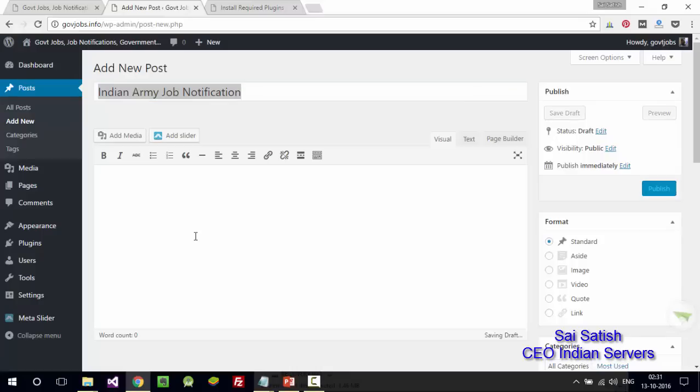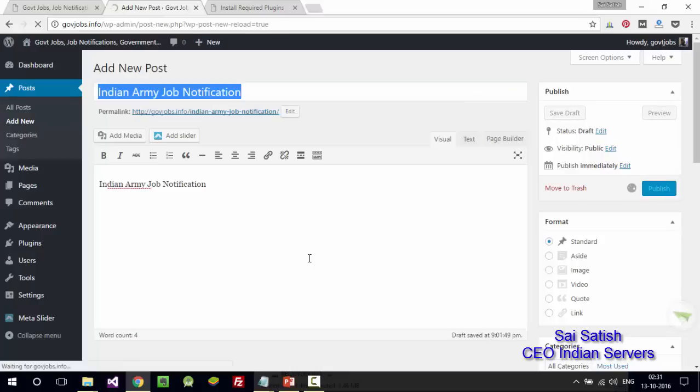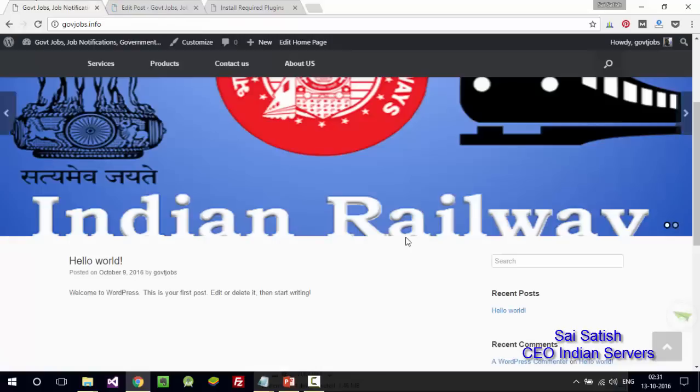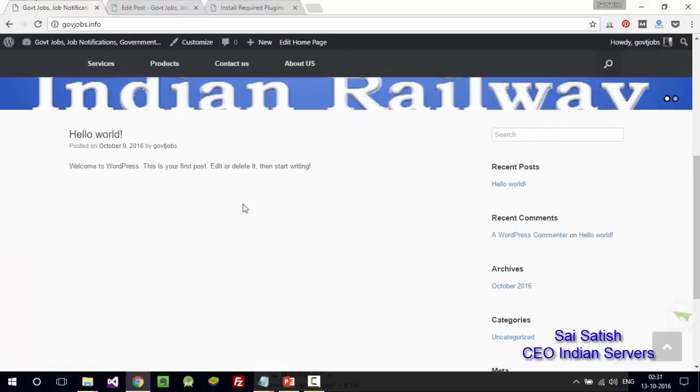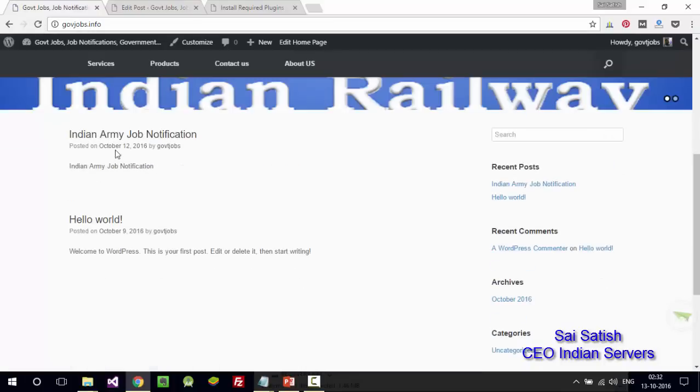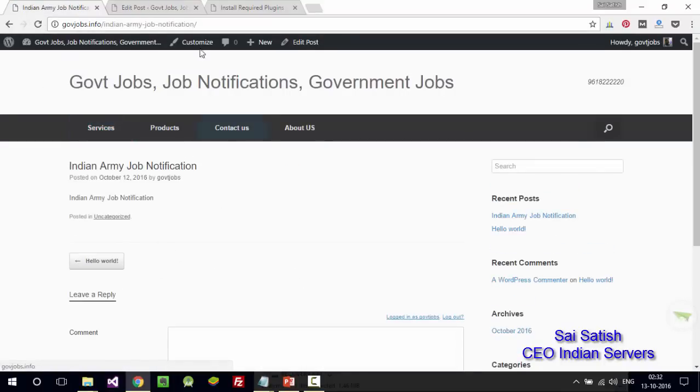Get the complete job notification, choose publish, and automatically in the down that particular notification will be displayed. Refresh it. You can see the post. Once we click it, it can be viewed completely. The menu bar here, the job notification information.